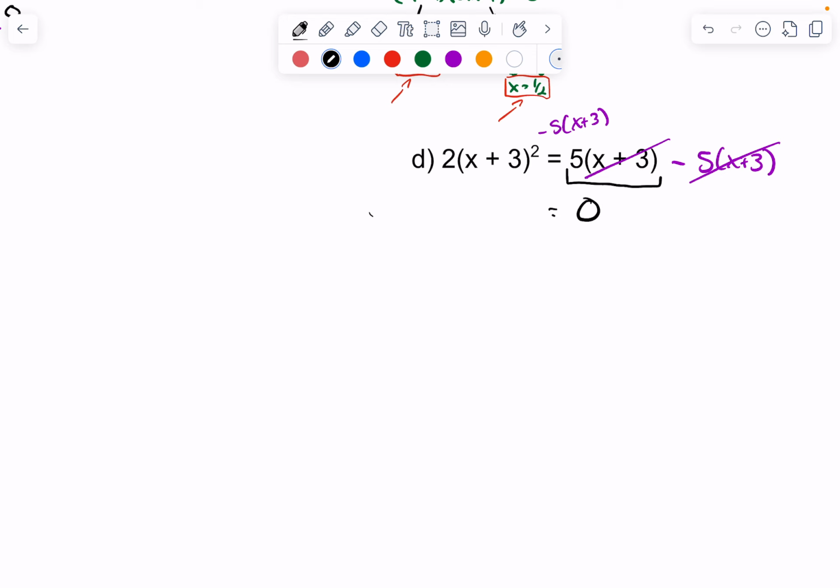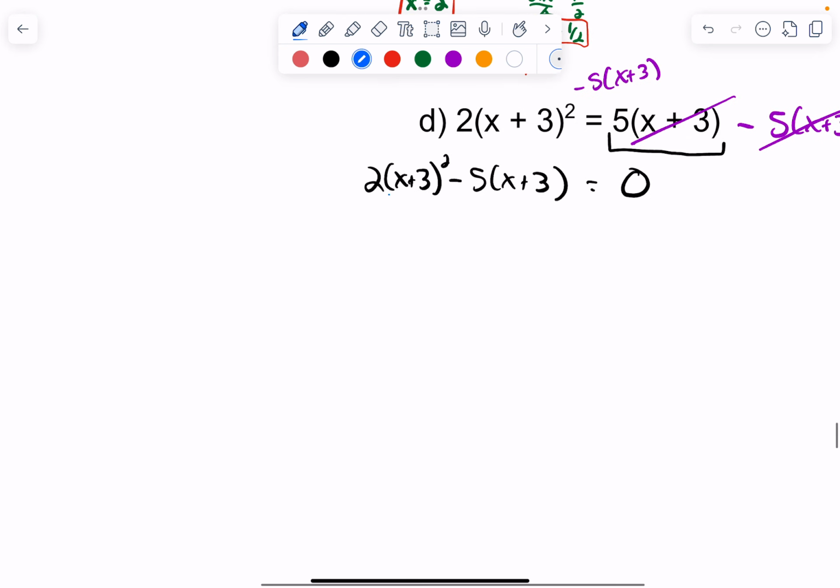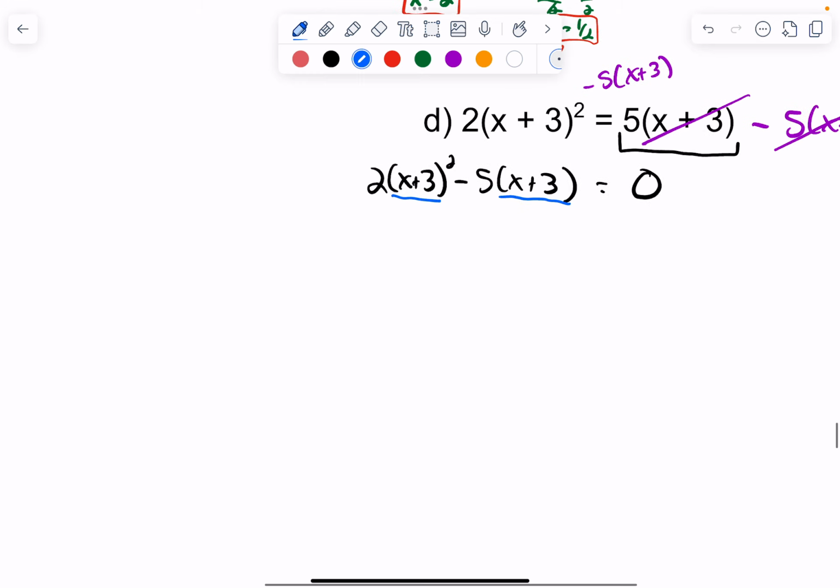But then on the left-hand side, you'll have 2x plus 3 squared minus 5x plus 3. Okay, so I know this looks more complicated at first, but think of it kind of like grouping or that decomposition, right? You just kind of fast forward a few steps. Well, look here. This is your common bracket. You have an x plus 3 and an x plus 3 right here. So if you think about rewriting your common bracket or factoring out an x plus 3,